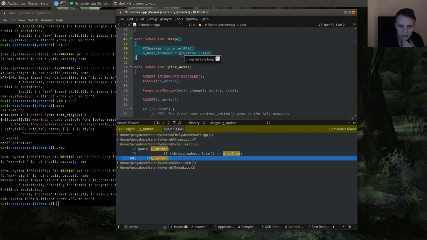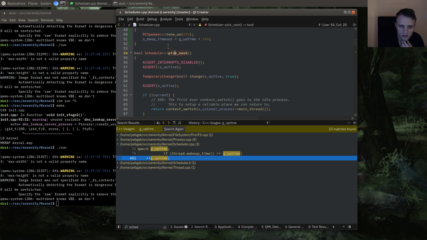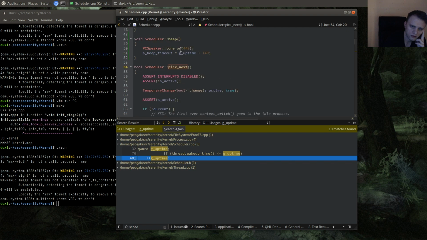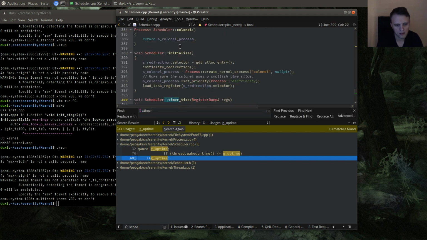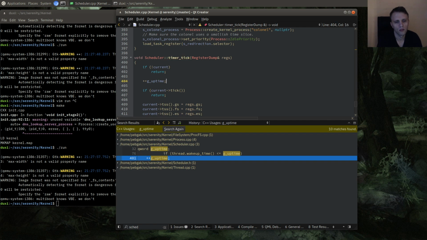So beep here, and then in scheduler, I guess in timer tick, we can do if there is a beep timeout in effect and guptime is greater than beep timeout, then PC speaker tone off, and beep timeout is 0. Okay,